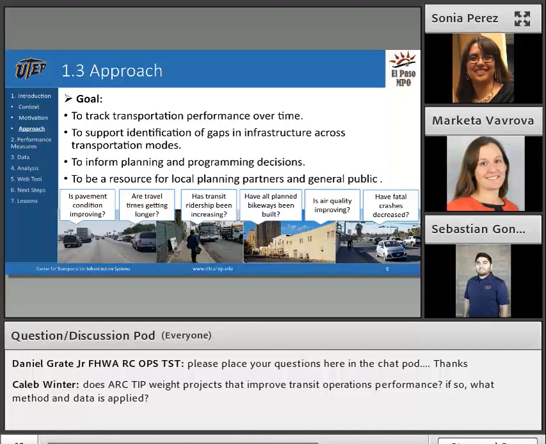We try to be able to answer these types of questions using our tool. Is pavement condition improving? Are travel times getting longer or shorter? Has transit ridership been increasing? Have all planned bikeways been built? Is air quality improving? Have fatal crashes decreased?